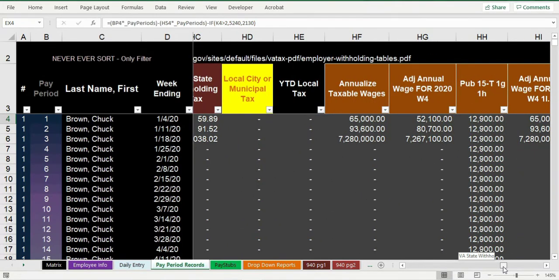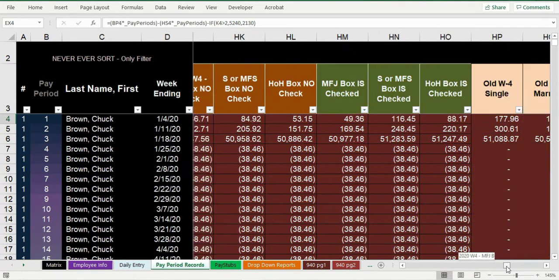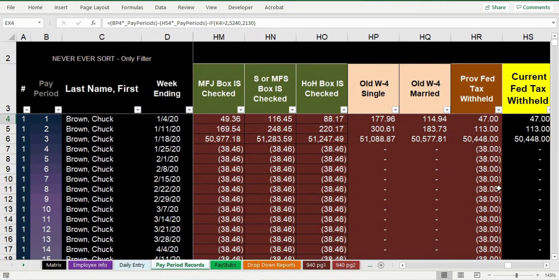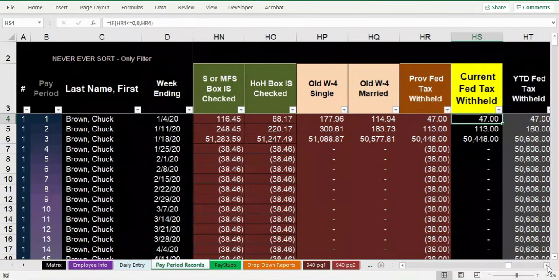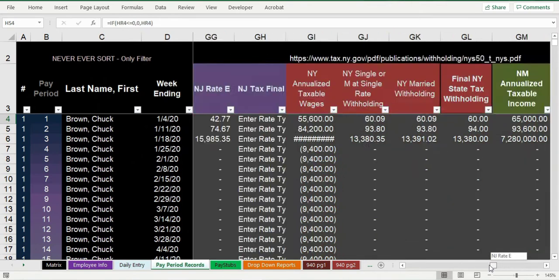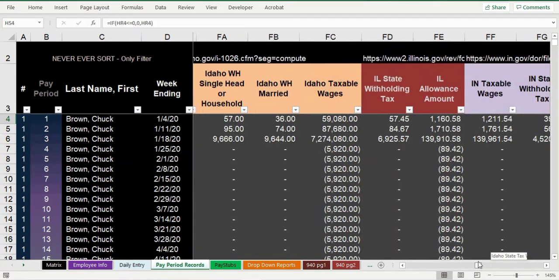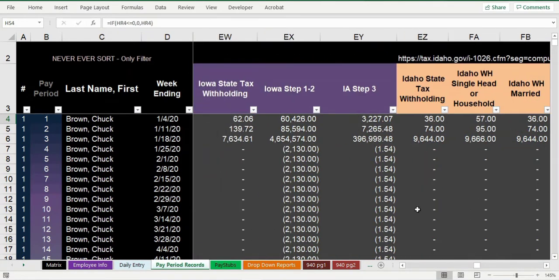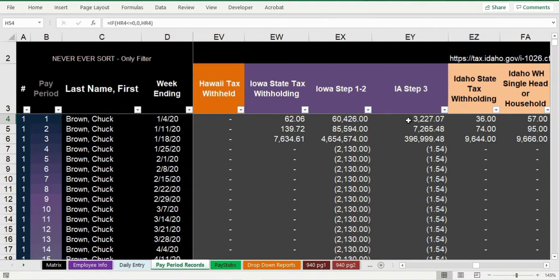The answer is yes. That's the way they want you to do that. This federal withholding is all the way over here, and it has to be incorporated into the formula. That's an interesting aspect of Iowa that I do not often see in other states. So you subtract out the federal, you subtract out those allowance amounts from your annualized wages,